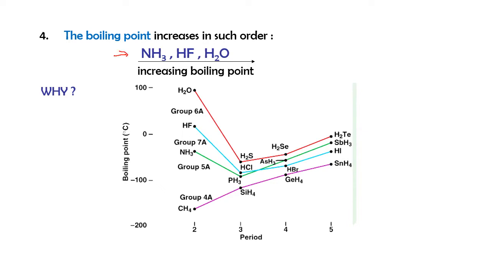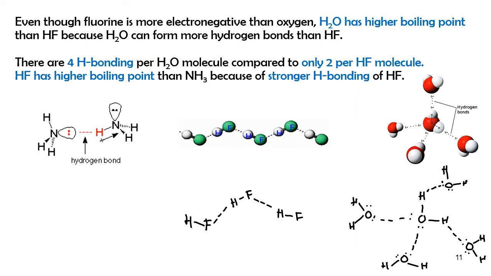NH3, HF, H2O, increase arrow and then the increasing trend. So why is this? Even though fluorine is a more electronegative atom compared to oxygen, why is the trend H2O the strongest, compared to HF